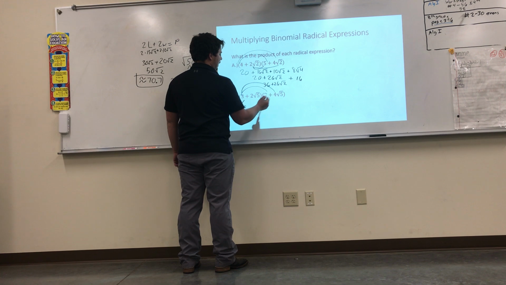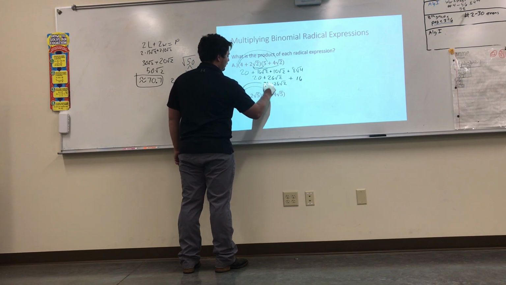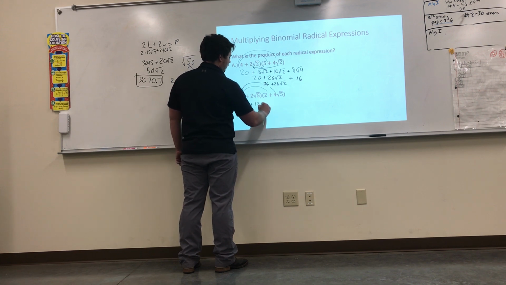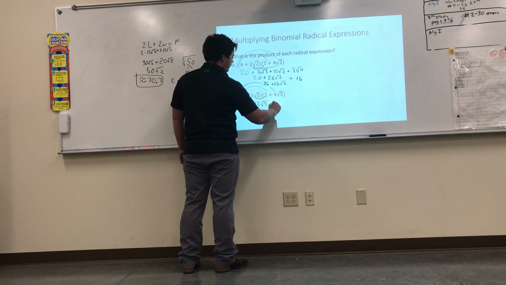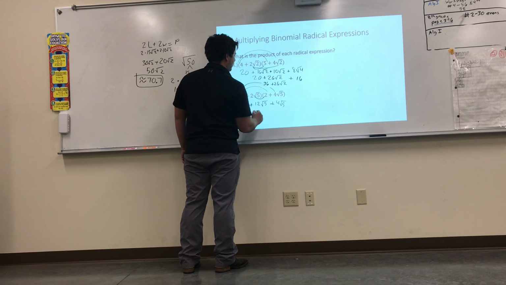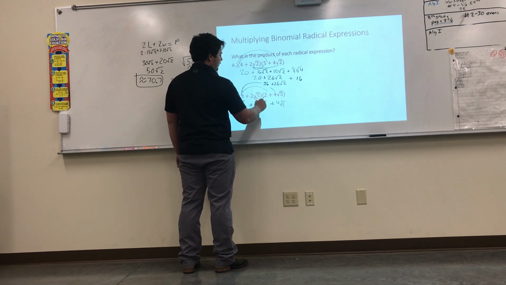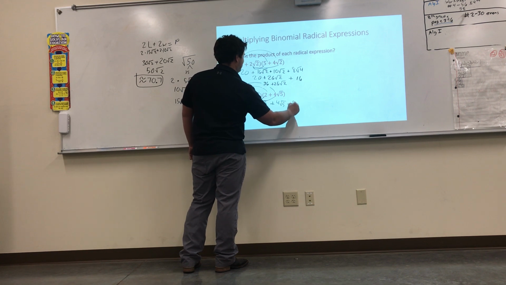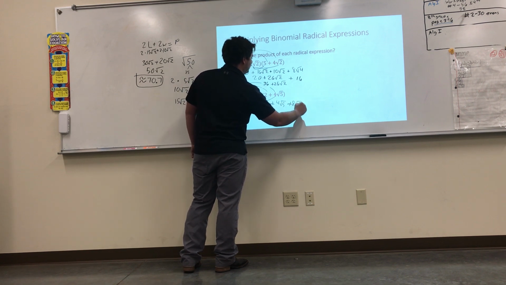Alright, then we're going to do outside. We get plus 12 square root 5. Alright, inside, plus 4 square root 5. Alright, and then we're going to go last, and we're going to get 8 plus the square root of 25